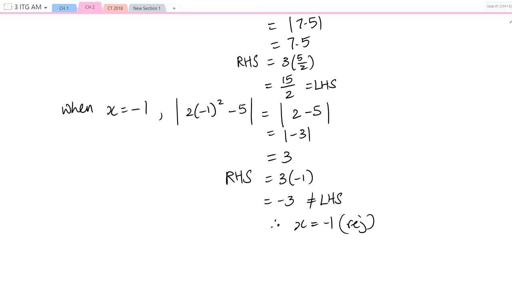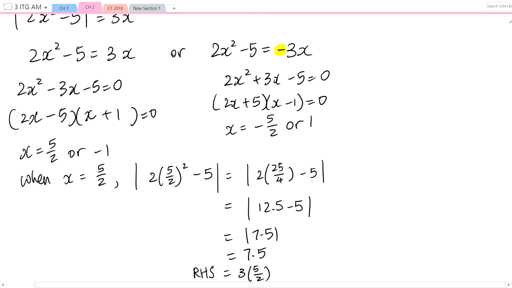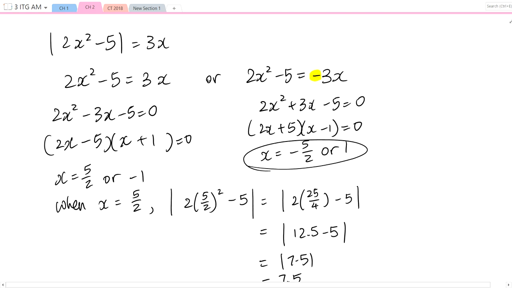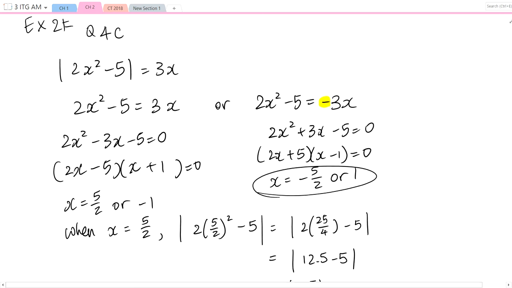Okay, do the same for these two other values of x. You will see that one of them has to be rejected as well. Then the question will be, do we really need to show the working for all these checking? At the start, I encourage you to write down all the working for the checking. But with experience, with enough practice, you'll start to realize that sometimes we can reject answers just by looking at it. So in this example,